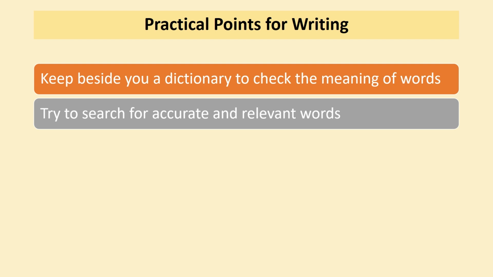Next is, try to search for accurate and relevant words. This is very interesting and very important for a person who is going to do research. There are many things which can change the meaning of a word, and many things which can happen because of your write-ups. So it is your prime responsibility as a researcher to be very accurate and see the relevant, nearby words